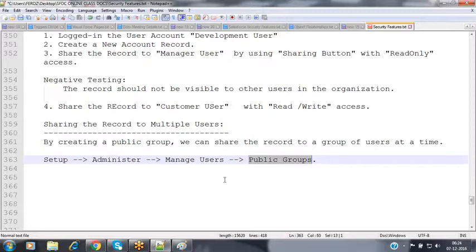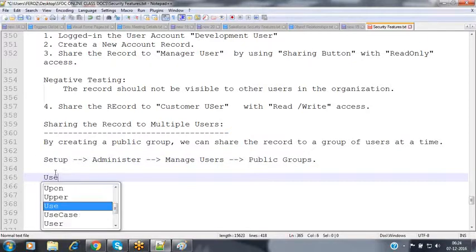Now let's see practically here. Let's create a public group. Now I'm creating a use case.